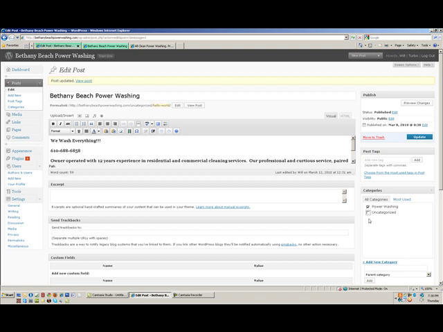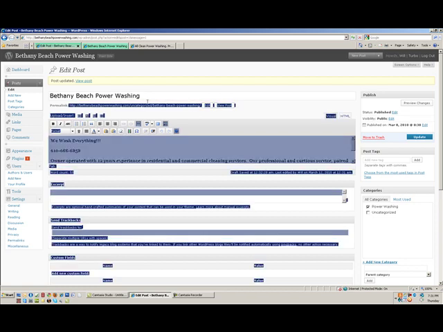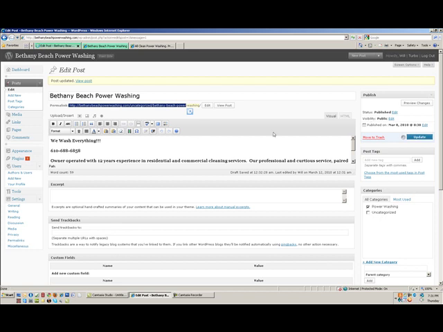At the same time, we want to uncheck uncategorized because we don't want to use that at all. We want to get the keyword power washing up in there, and then we want to go up here and type in Bethany, all lowercase, Bethany dash beach dash power dash washing. You always want to use lowercase when dealing with websites like this. This is going to be the URL to find it. Click update,